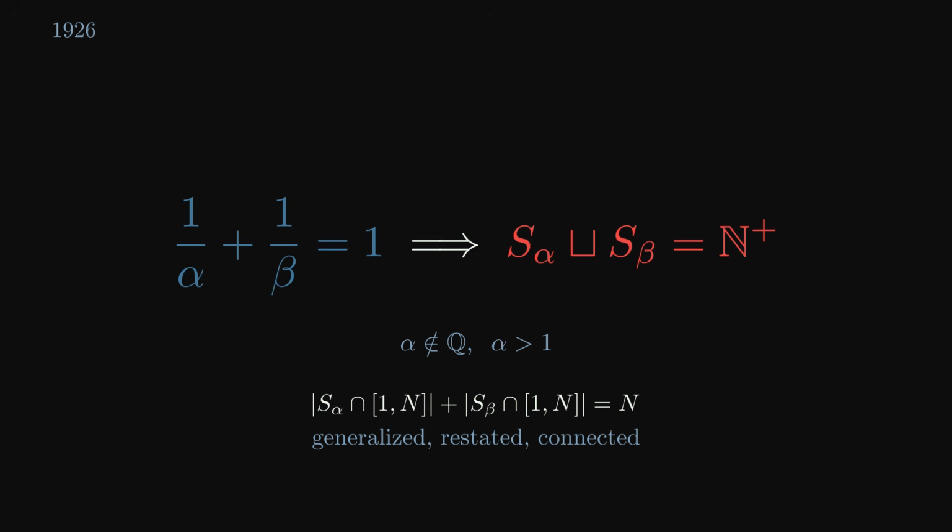Lord Rayleigh, the same Rayleigh of Rayleigh scattering in physics, had stated a closely related result in 1894 in his book on the theory of sound. Whether Rayleigh's version or Beatty's came first is a matter of academic interest. The name Beatty's theorem stuck because Beatty's 20th century proof was cleaner and the Monthly's problem framing made it widely